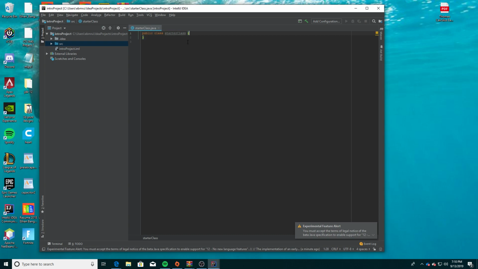So it starts you off with public class starterClass. Between these are two brackets. Essentially, this is where you're gonna be writing your code. And with every class, you're gonna want to create a public